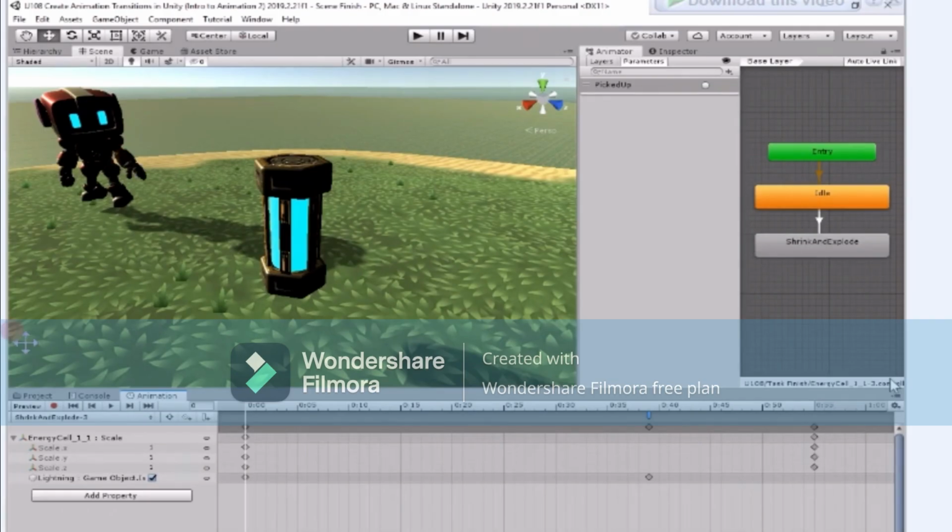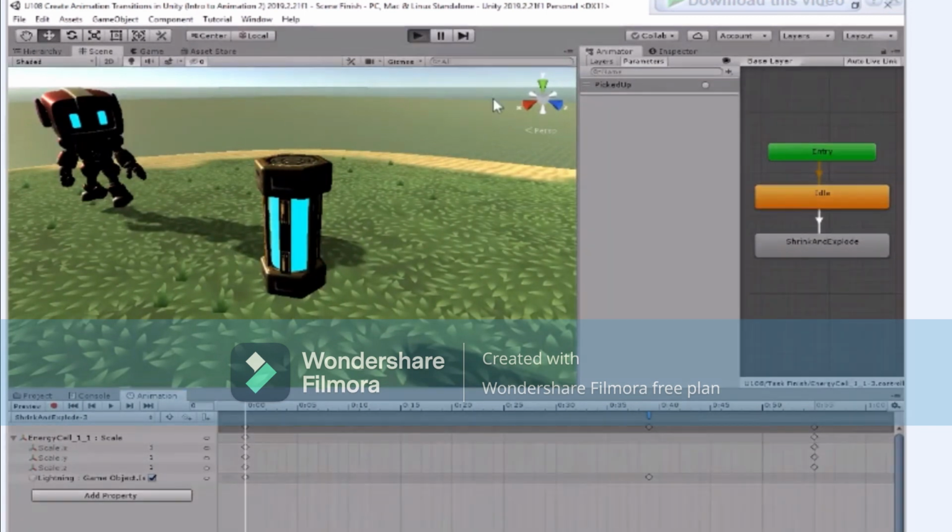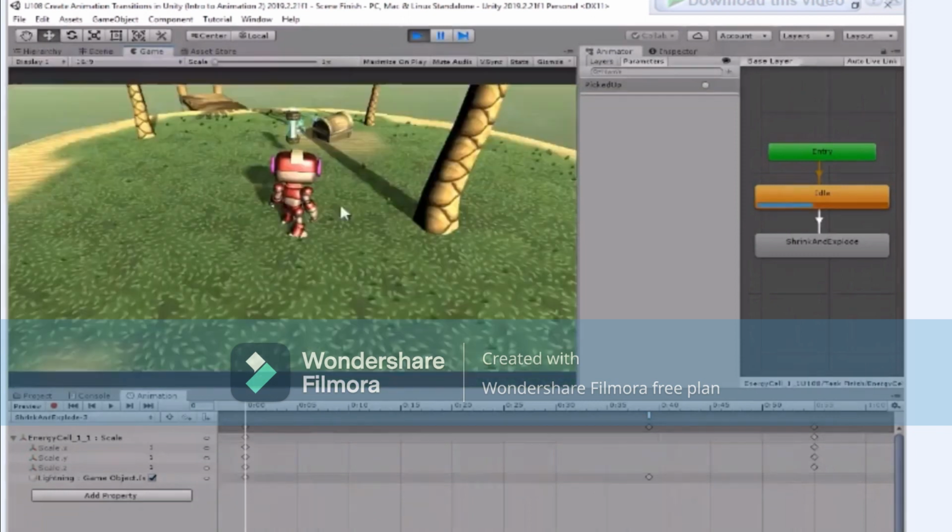Welcome to Introduction to Animation Part 2. This is Create Animation Transitions in Unity, and we're going to cover the following things. You'll recognize the animation from Part 1 of this two-part series,